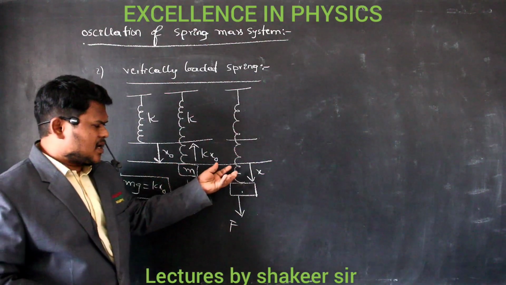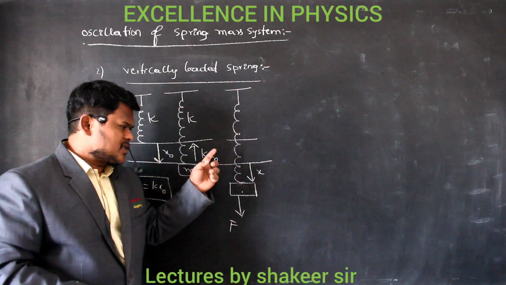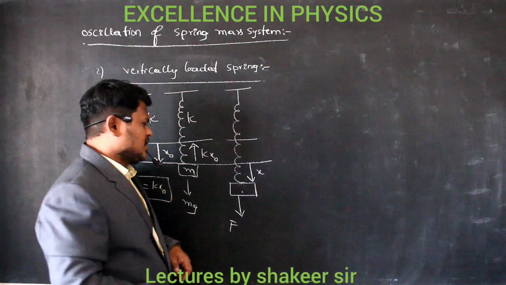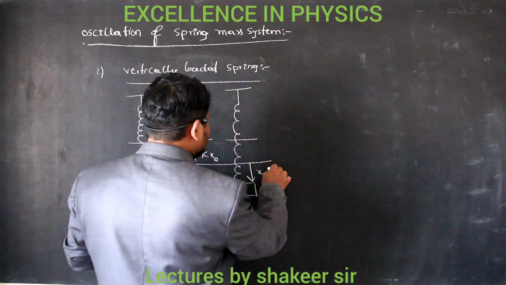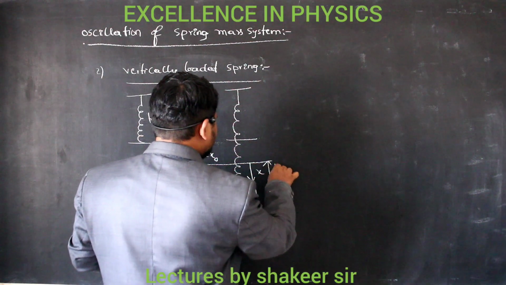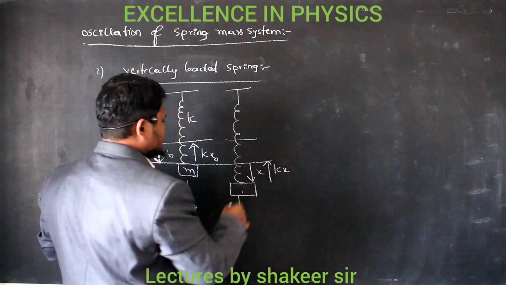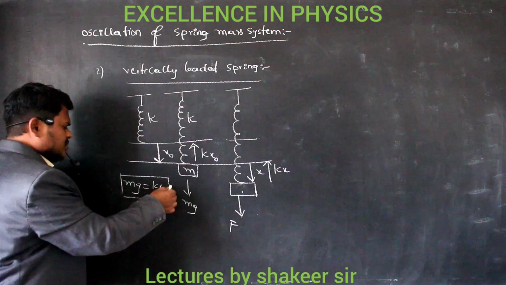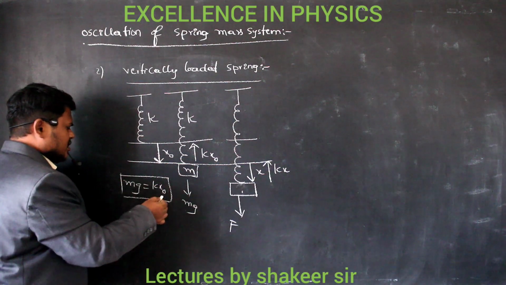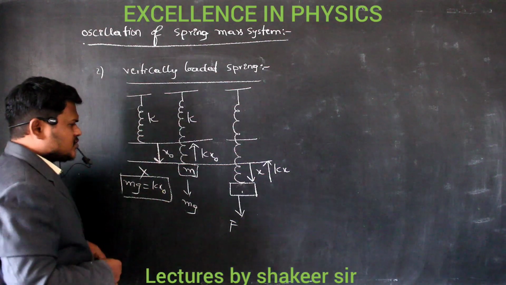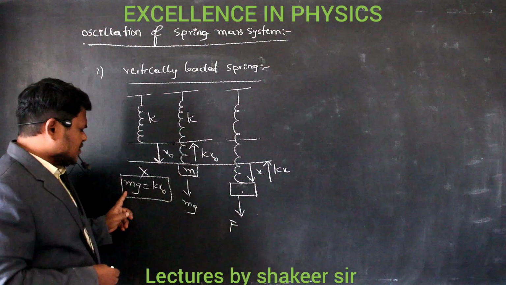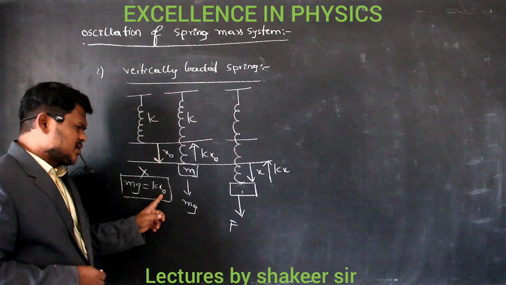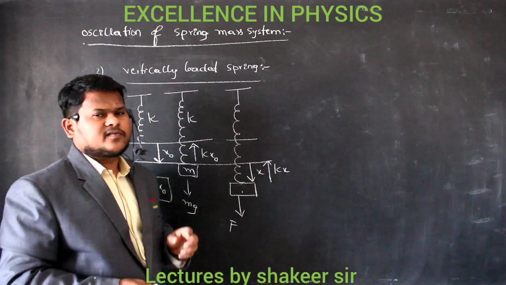But because of some additional elongation, there will be some additional restoring force. And how much will be that additional restoring force? The additional restoring force will be K into x, which is acting in the upward direction. Are you able to understand? So as we are saying that mg is always balanced by Kx naught, we need not consider these forces, because mg is always present, Kx naught is always present, and both of them balance each other.